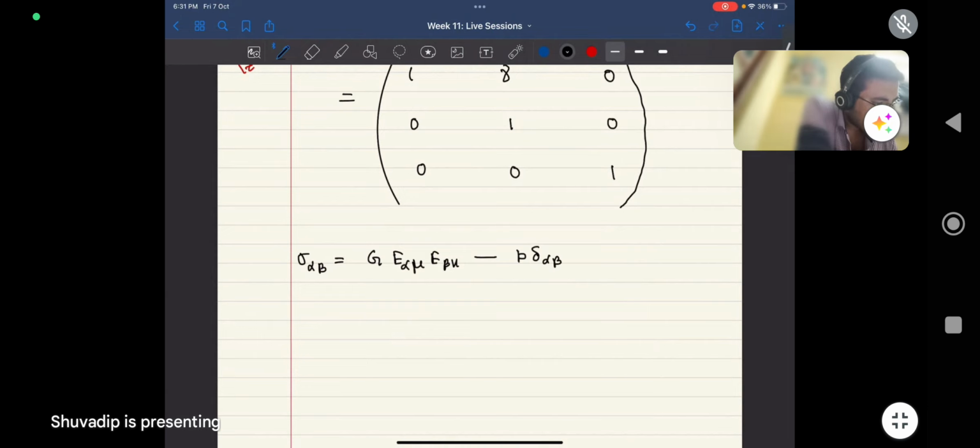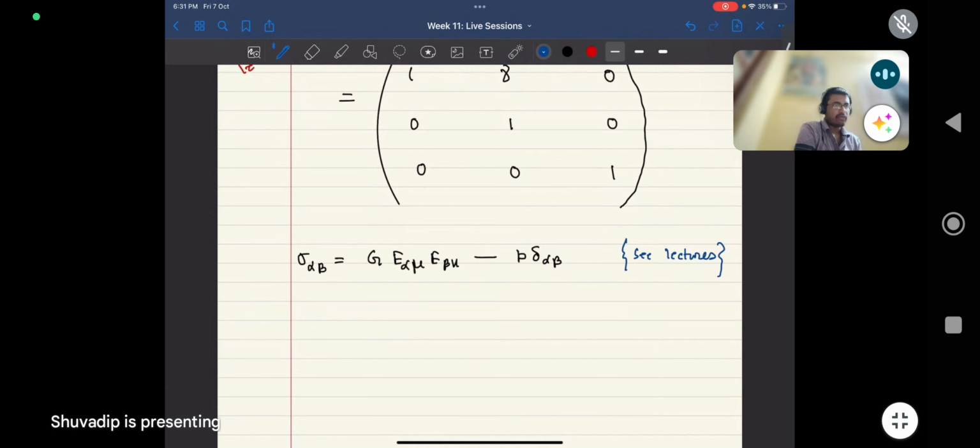If you don't remember how we derived this formula, see the lecture from the previous module where it is defined. Now in this case we want to find out pressure, but as you can see, the sigma alpha beta is